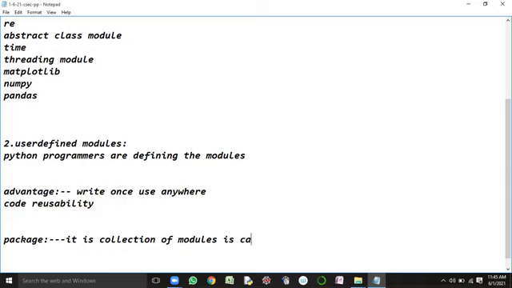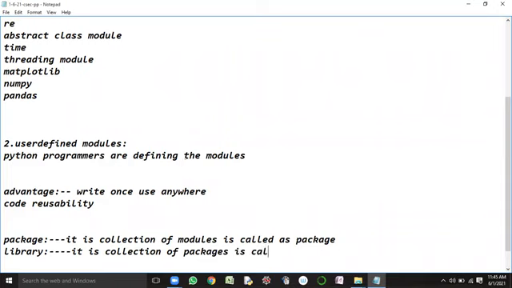A collection of modules is called a package. Then library. What do you mean by library? If you look into the definition of library, it is a collection of packages. A collection of packages is called a library.